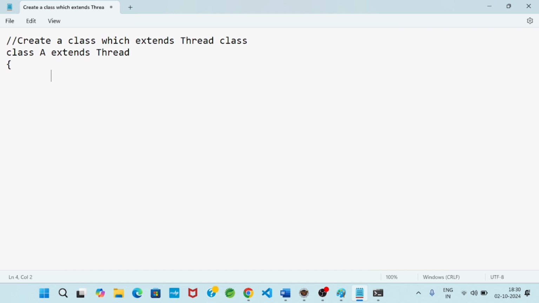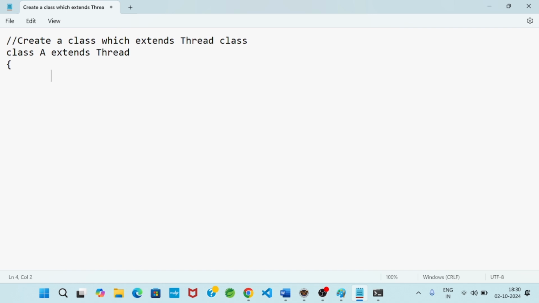Now a thread represents a job or a task. A is the thread, a child class or subclass.